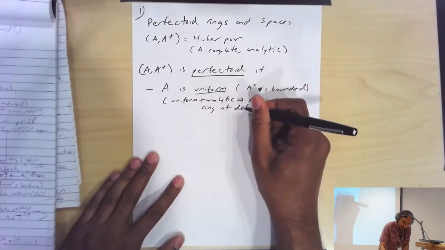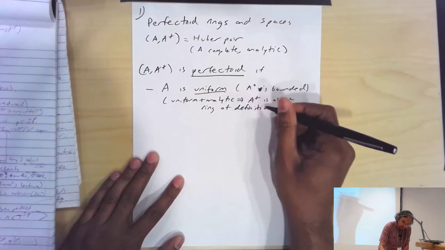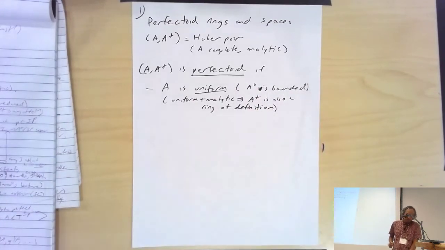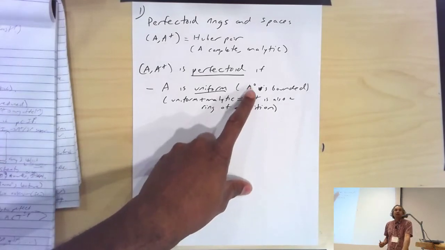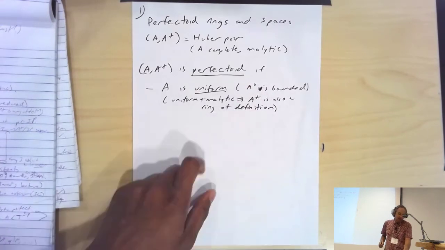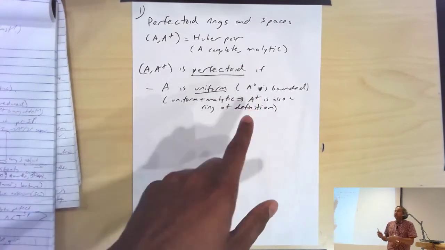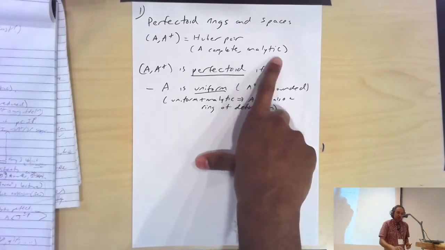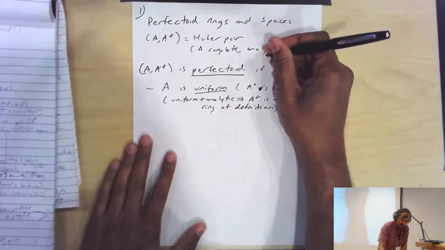In general, that doesn't need to be the case, but in this case, A plus is open and bounded. It's open because it contains all the topologically nilpotent elements. It's bounded because it sits inside a circle, which is bounded. And it has a finitely generated ideal of definition because if I take some topologically nilpotent elements that generate the unit ideal,